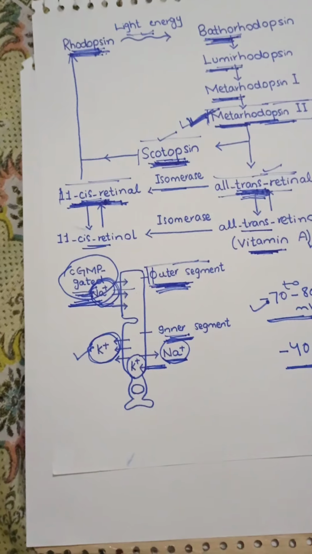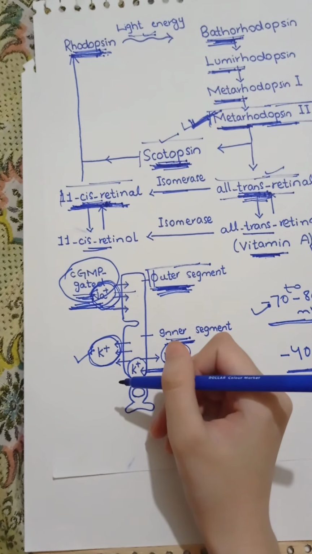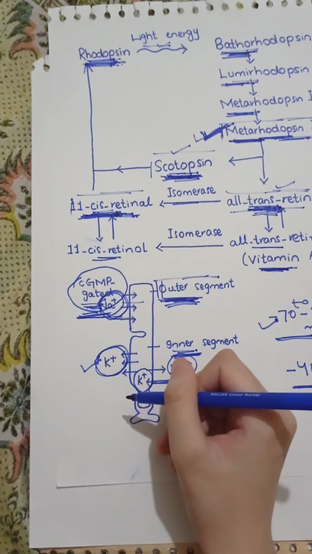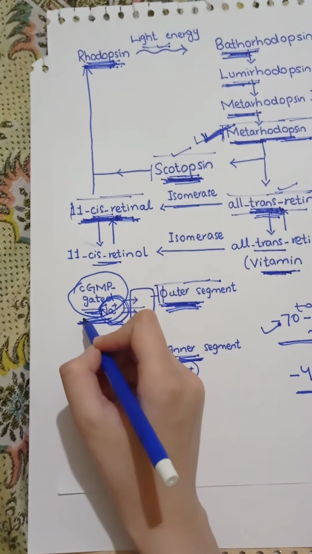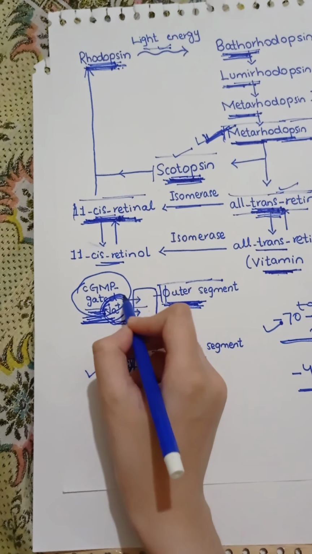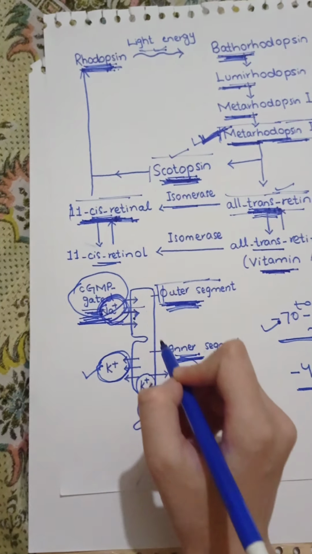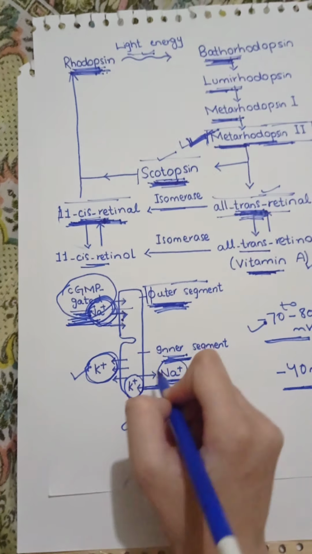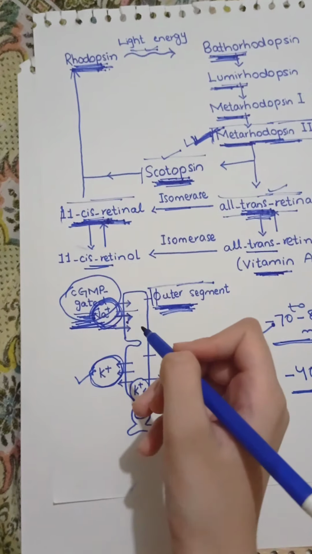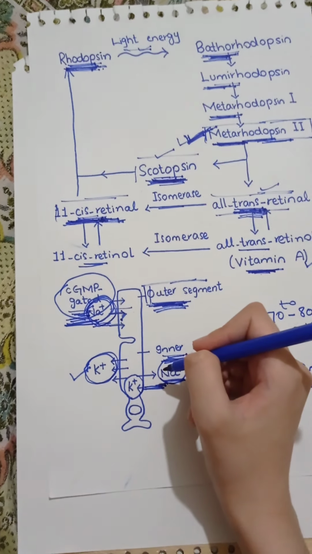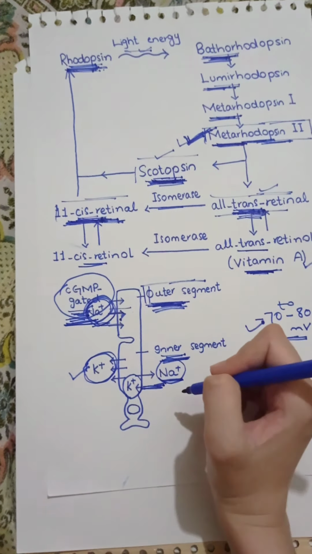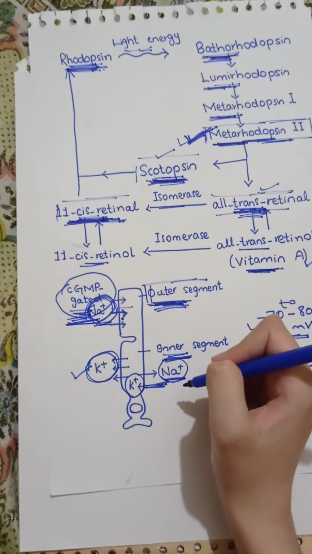But when the light falls on the rhodopsin and meta-rhodopsin 2 is formed and the breakdown of cyclic GMP occurs, the cyclic GMP is no longer available, so sodium cannot leak into the rod cell. So the sodium leaving the cell will be greater than the sodium leaking back into the cell. So the electronegativity can no longer be neutralized. So there will be increased electronegativity in the stimulated state.